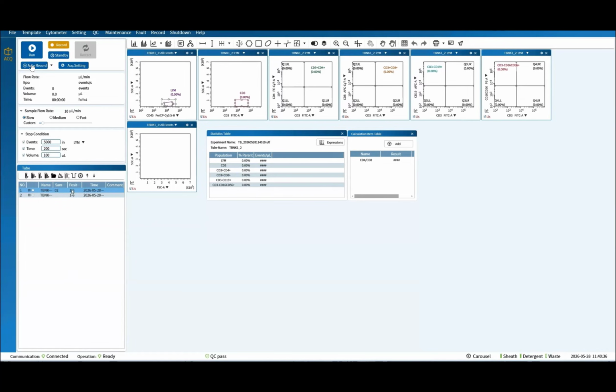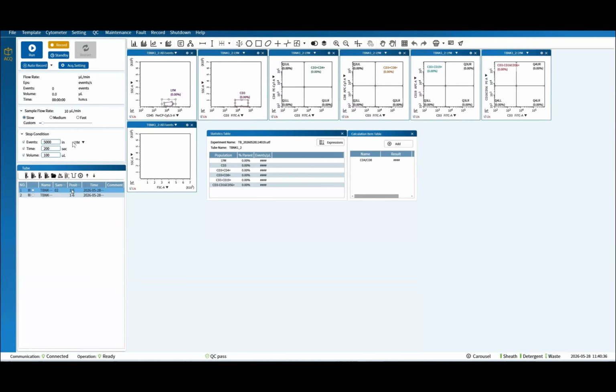If we click auto record here, the samples will be detected one by one. After one sample meets the stop condition, maybe the events of the gate here, we choose to gather